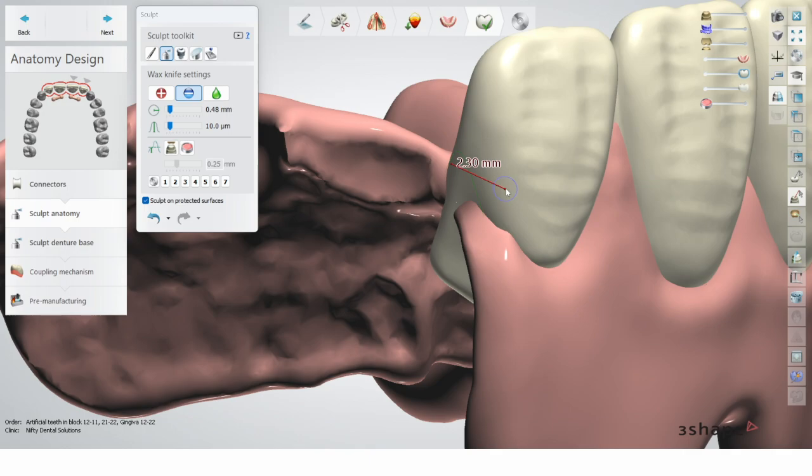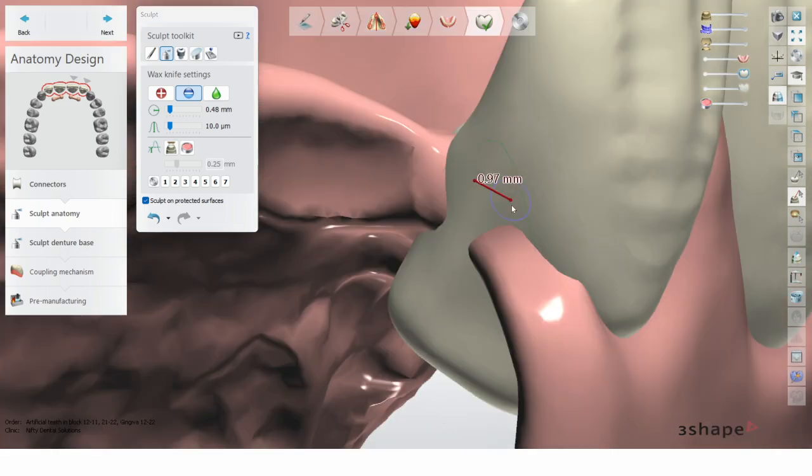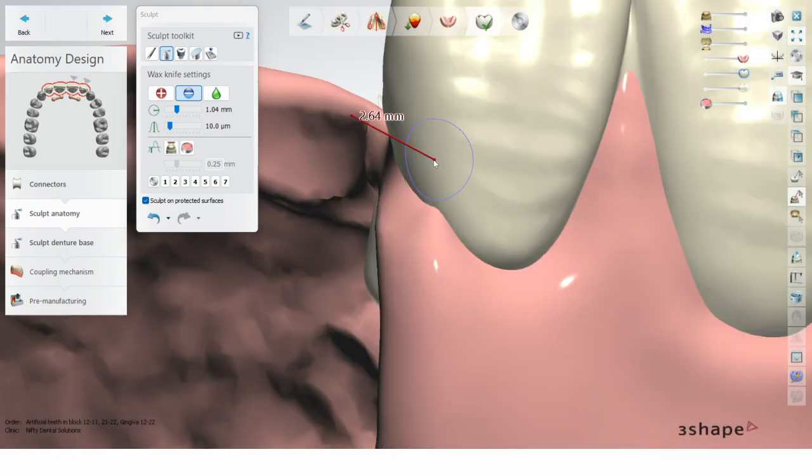So now I'm allowed to modify areas that go below this green line. And just with a couple of clicks, I can create a little bit more space for the denture base. And I'm going to do the same on this bridge here on the other side.